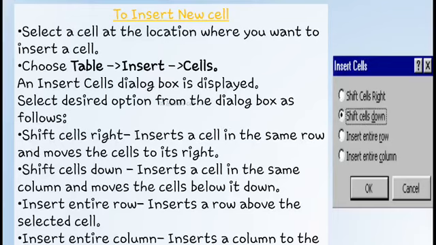Suppose I am in the last cell of the last column and row. If I want to add one more row, you can simply do this by pressing the Tab key on the keyboard. I repeat, if I am in the last cell of the table and you want to create one more row, it's very easy to create by pressing the Tab key on the keyboard.